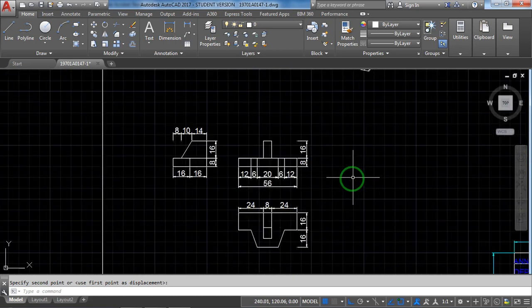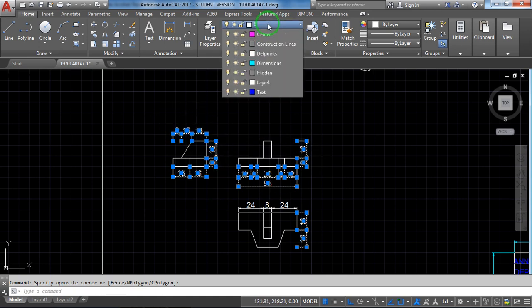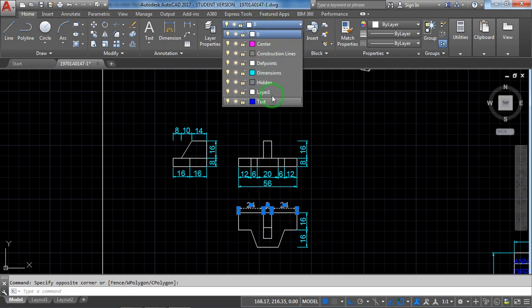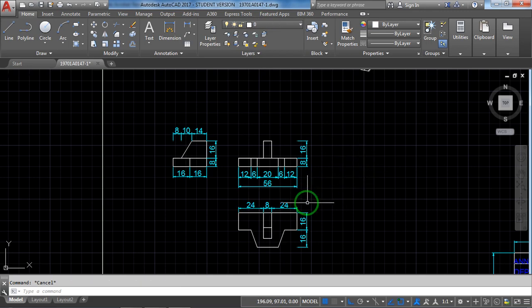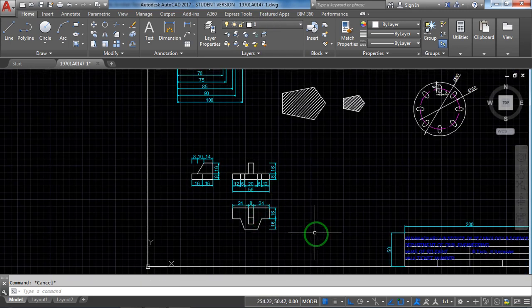See here again, changing the layers, select all dimensions, turn them into the dimensions layer. This is all about it.